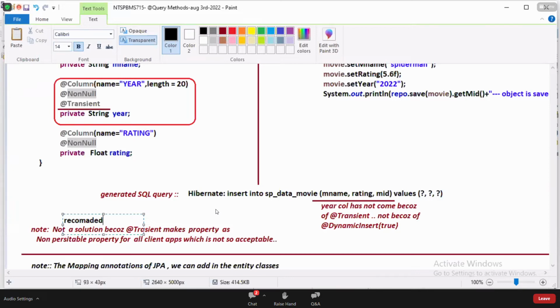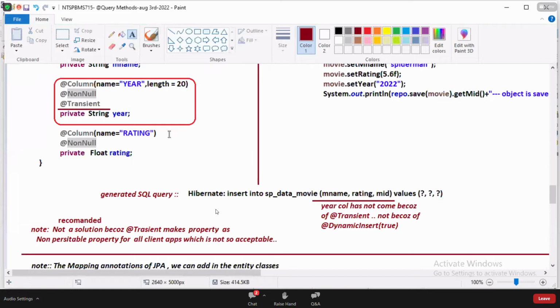I don't want to ignore it in select or update operations. Can that be possible with transient? It completely hides it. For a few queries I want it on, for a few queries off. Is it possible?